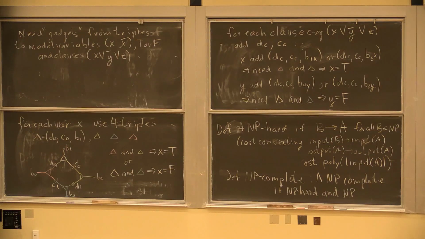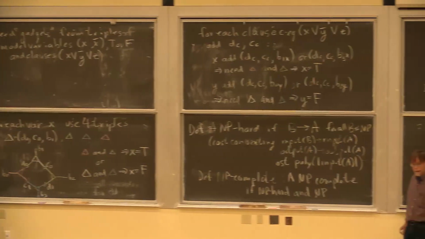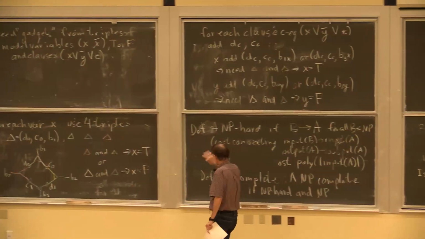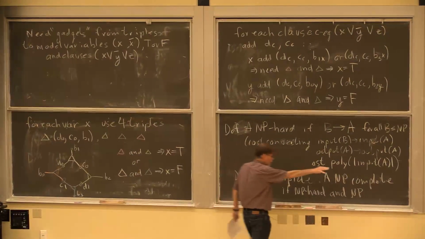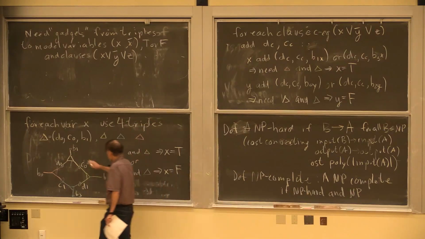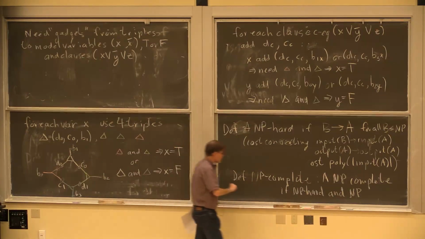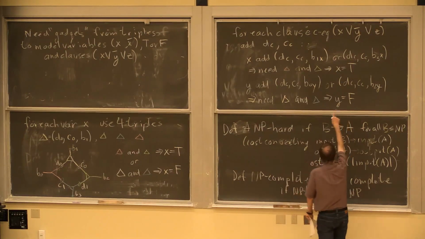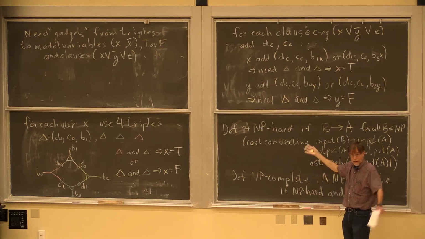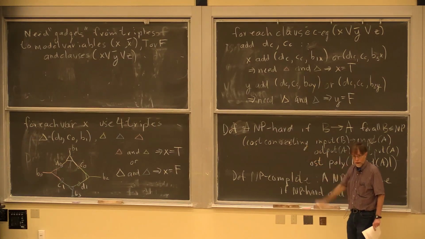Yes? What do you mean by what is it? So if I can solve this problem, then I will have chosen one variable from each clause and set it either equal to true or false to make the clause true. And if I can do that for every clause, then I've solved 3SAT.